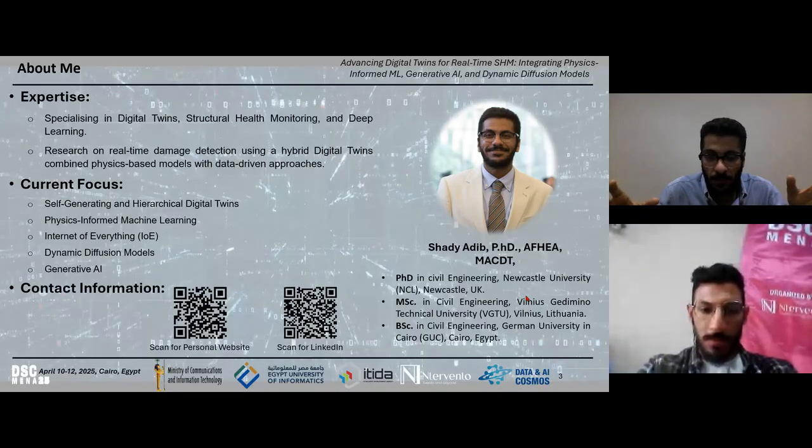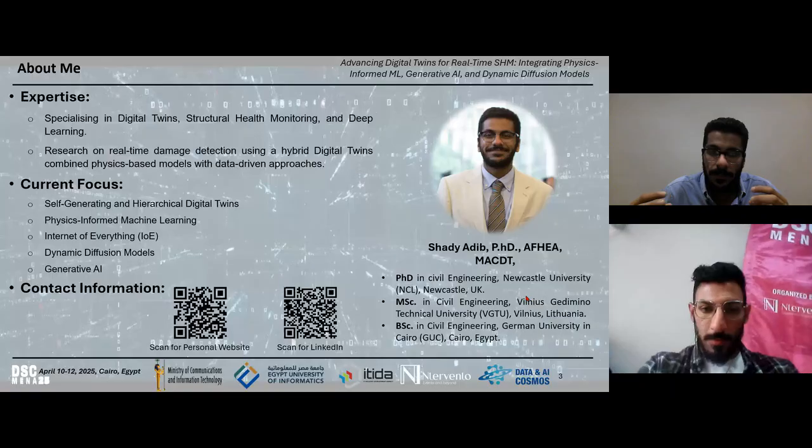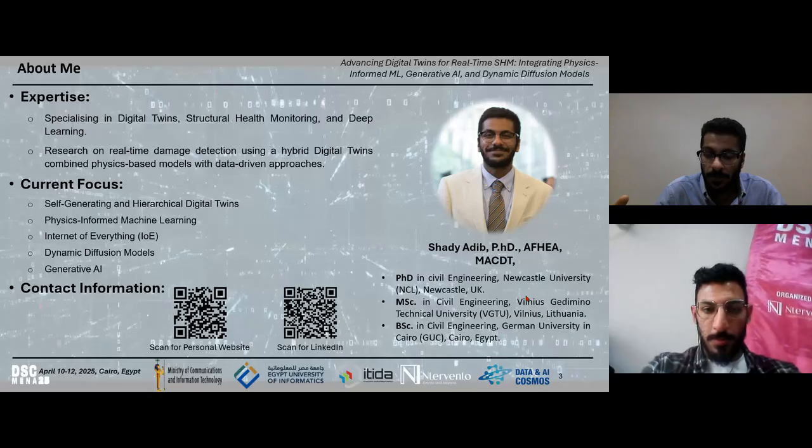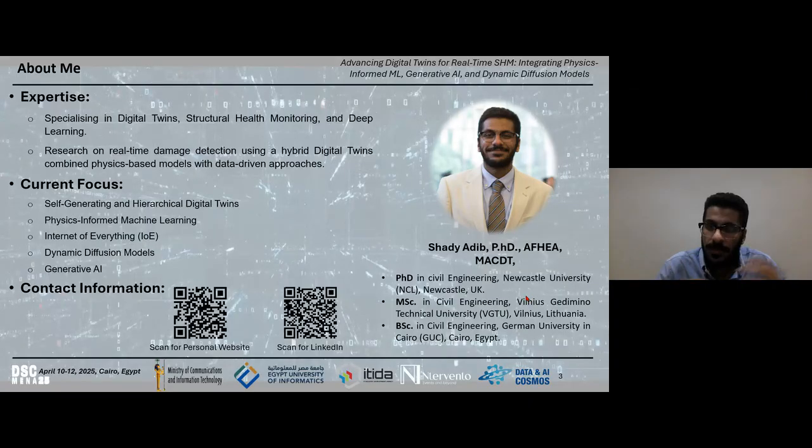So for the current focus here, we are trying to advance the hybrid model. The hybrid model developed during my PhD was a combination, as I said, between the physics-based knowledge and deep learning. The main idea is to combine the data coming from the physics-based model and feed it to the machine learning, without needing a huge amount of experimental trial data or data from real application.